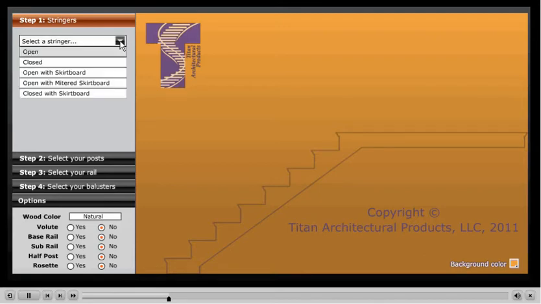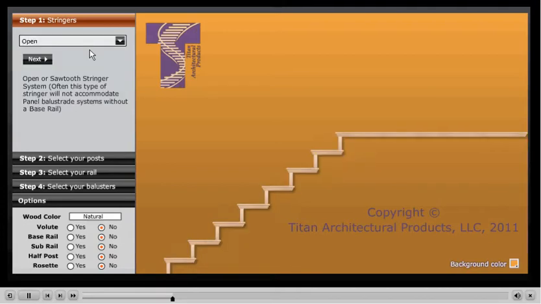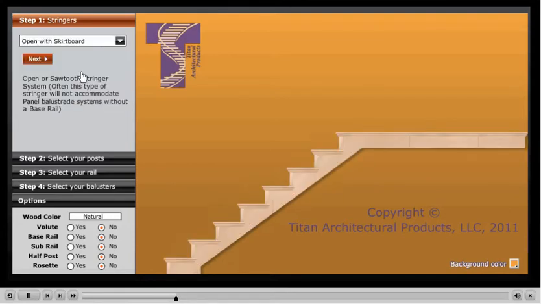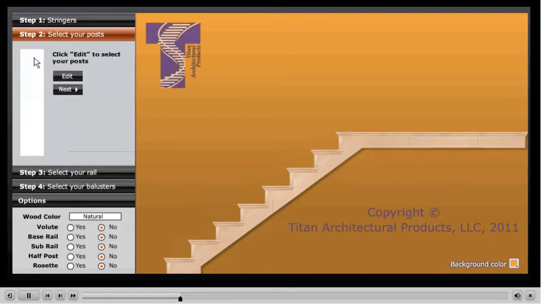We simply select the drop down box and choose one of the stringer options. I'll show you a couple here. There's open, closed, open with skirt board. We'll just stick with this one. Next, we'll take you to step 2,